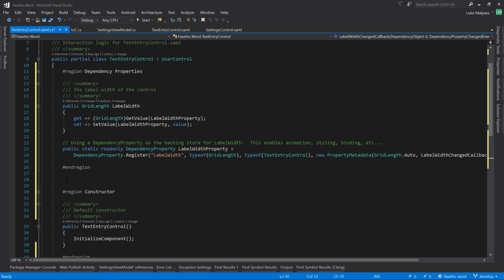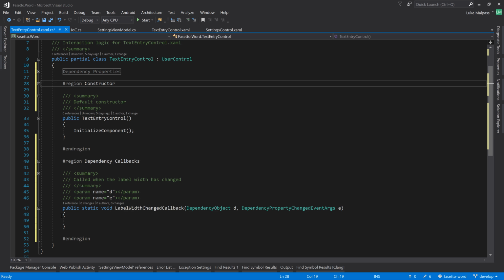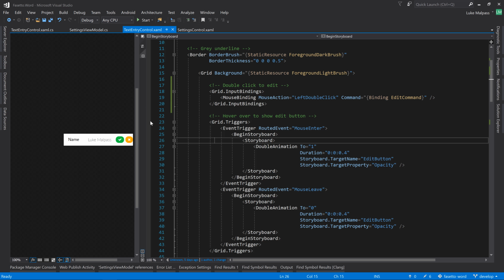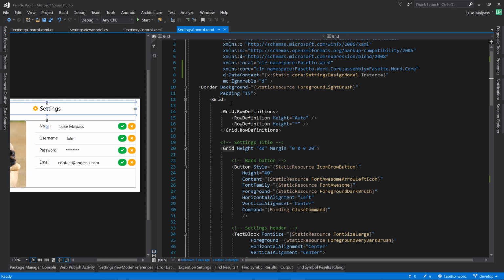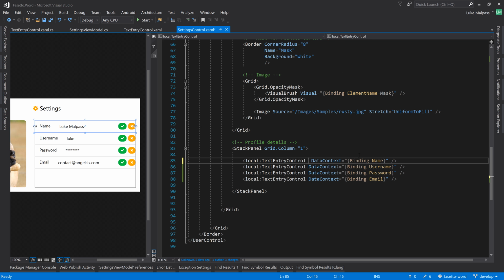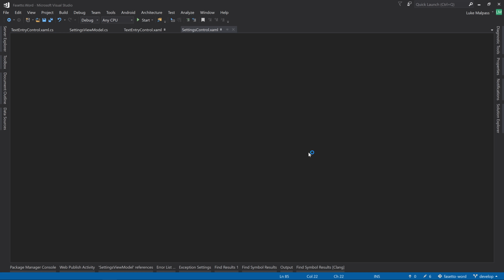So every time the label width changes, which is a grid length, so that means now, let's put a breakpoint here, and let's show you what you can do with it as it stands right now. So now this has got a label width value. So in the settings here we can say directly label width, as if it's a property on the control. Let's say 400. And then if we run this now, we should get,